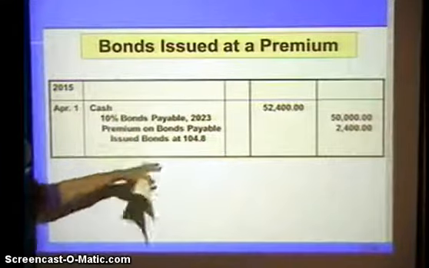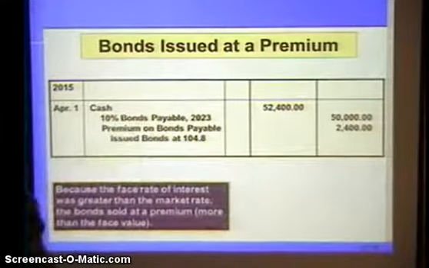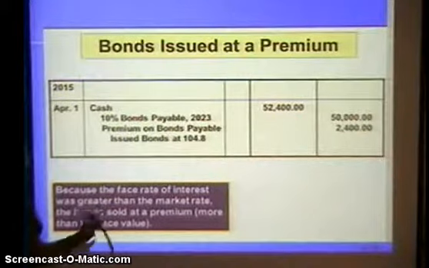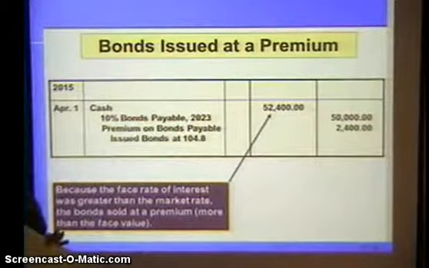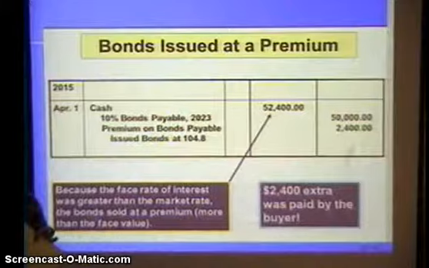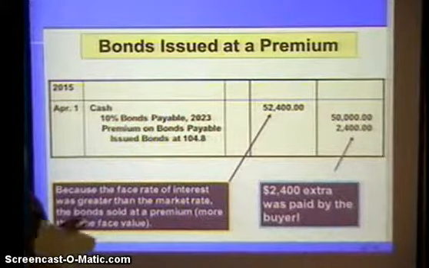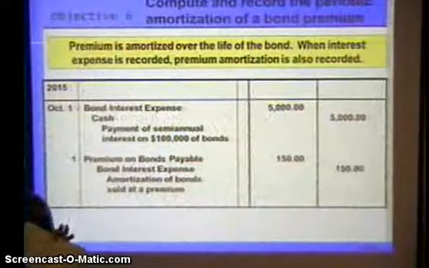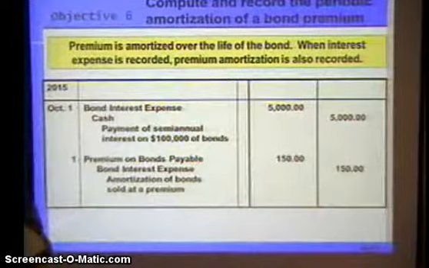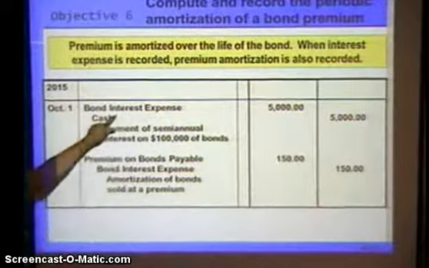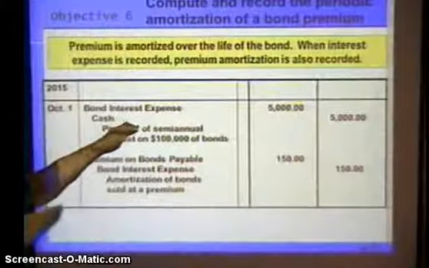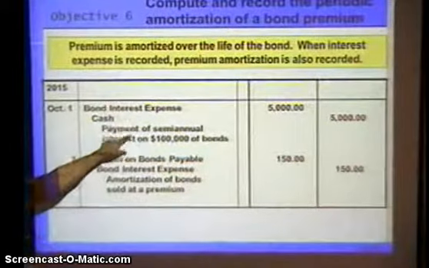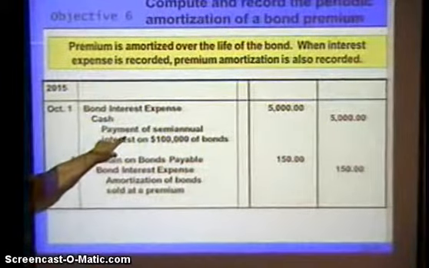So all this is going to get, what you do is, in other words, they sold for more than face value. So you had to set up your premium to show that you have a premium account. And so it's amortized over the life of the bond, meaning the bond interest expense is amortized, right? We pay it every quarter or semi-annually on these bonds.